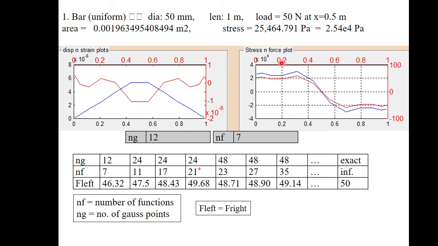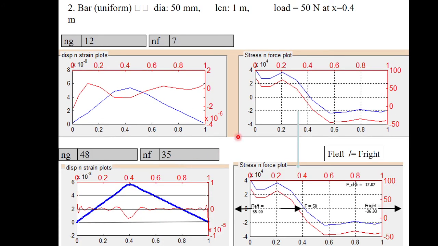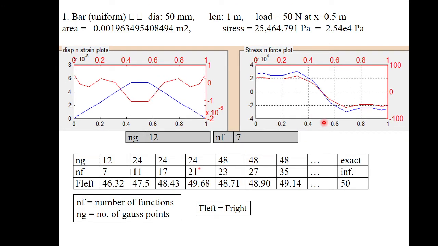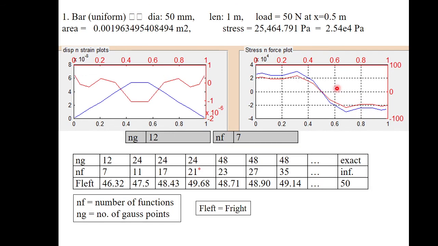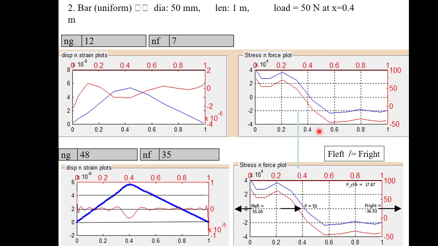So these two results are here. Here we have stress and force. One is stress, the other one is force. So these are some of the results. This is another result. Here the loading point is shifted to 0.4. Before, the loading point was at 0.5. Now it has shifted to 0.4. From this point we are getting tension on one side and compression on the other side. Here also we are getting tension and compression on both sides. So this is how it is changing.